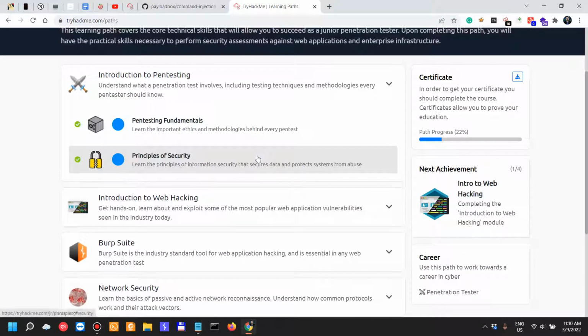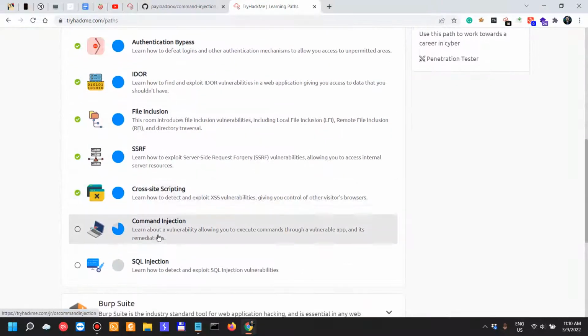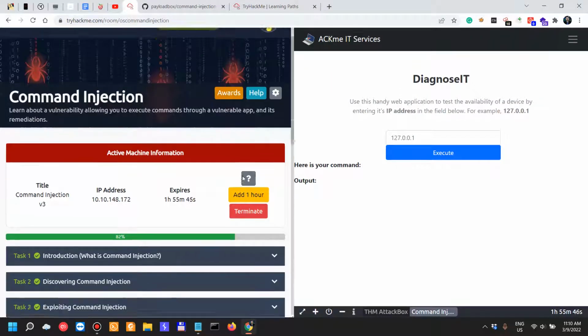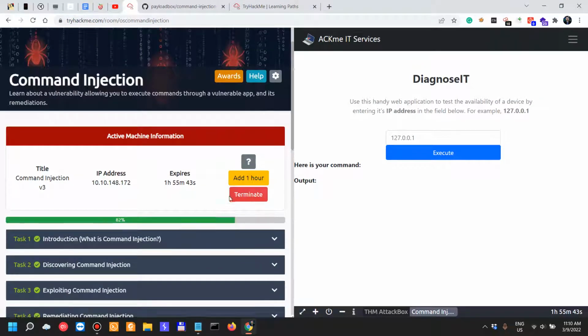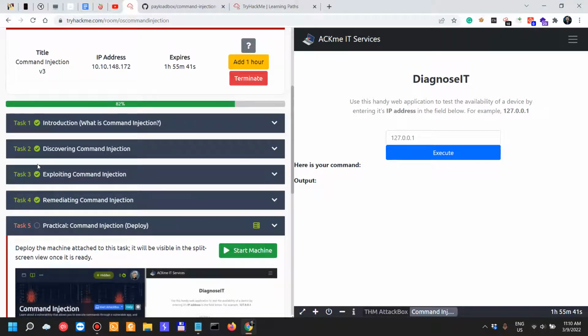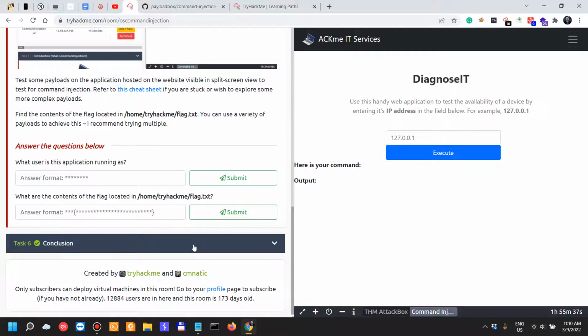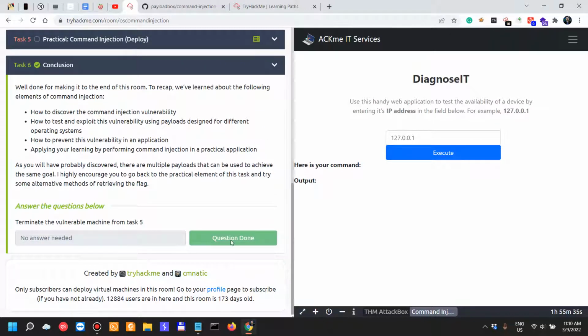So let's actually go back. We are on the command injection and I already started it here. I started the machine and also the attack box. We've completed task 1, 2, 3, 4 in the previous video, and then I took the liberty to do number 6 before I started this video, so I had this one finished, but number 6 is actually the conclusion,